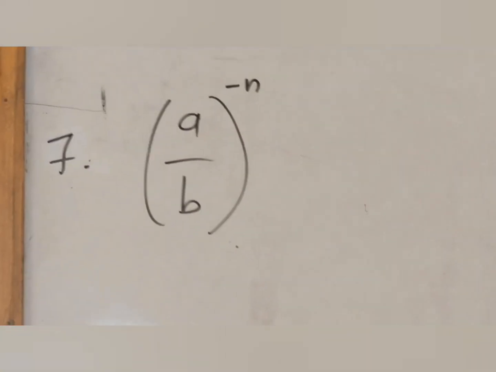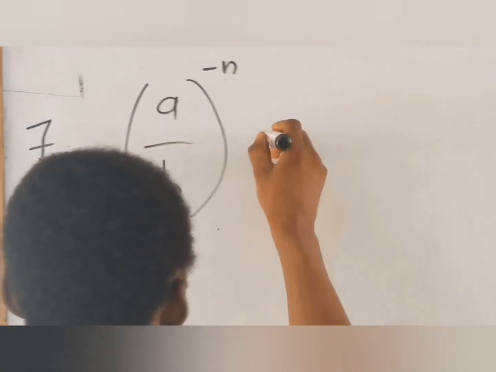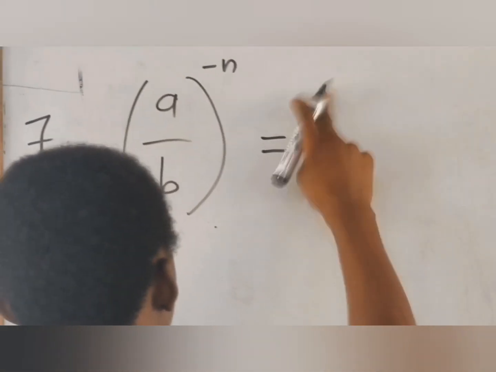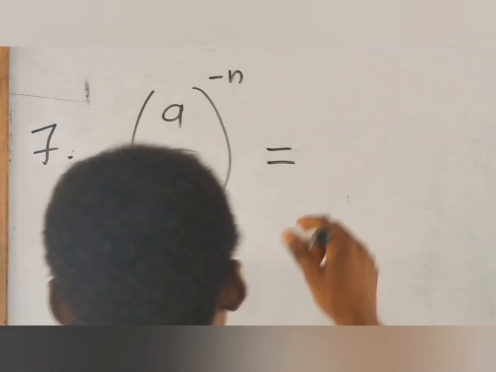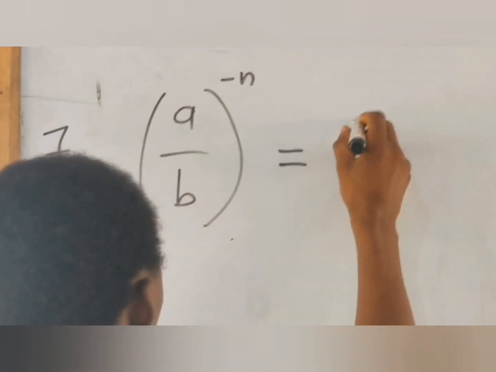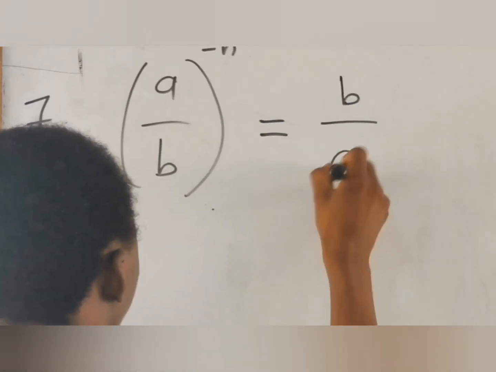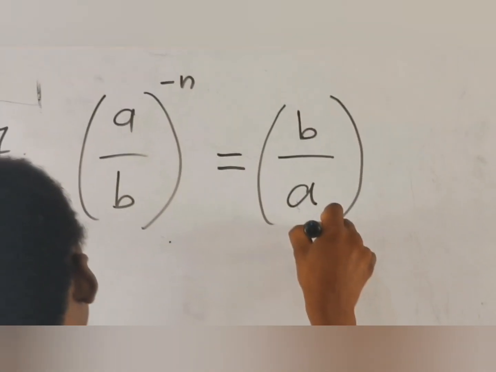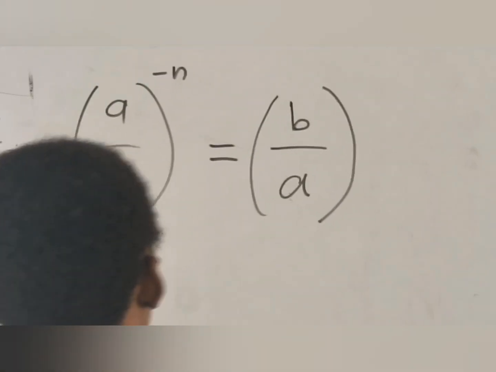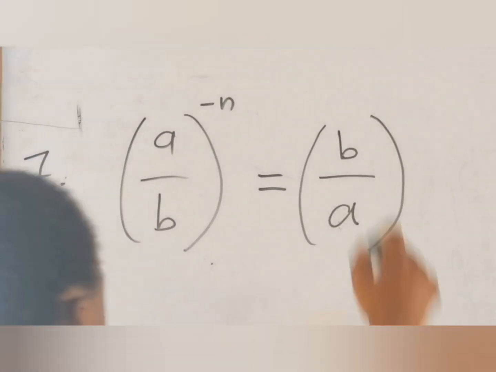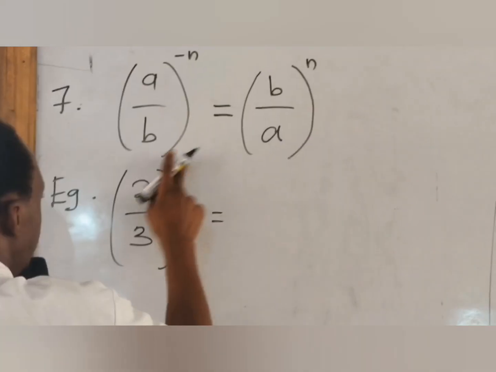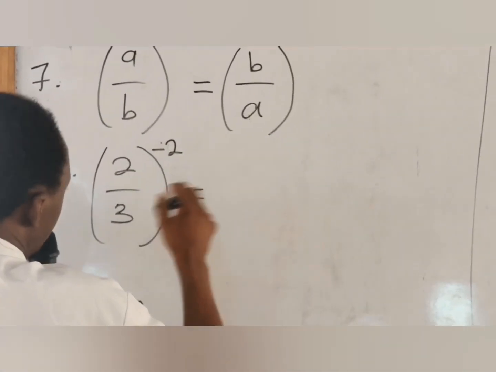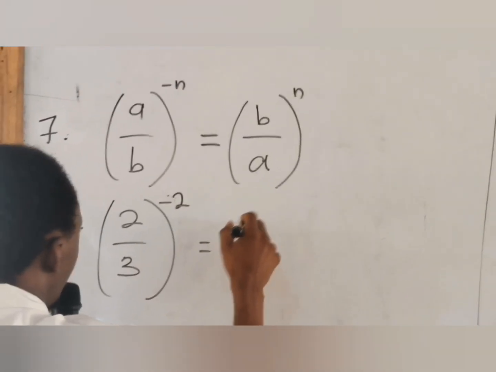To the power negative n is equal to what? B over A, on M. Negative power, you should use 2M. Okay, so we are saying that it is the same as